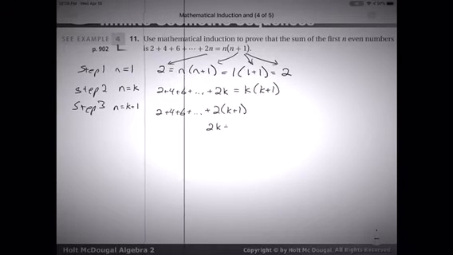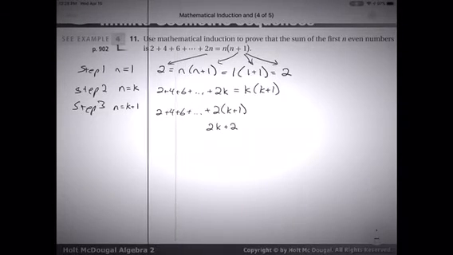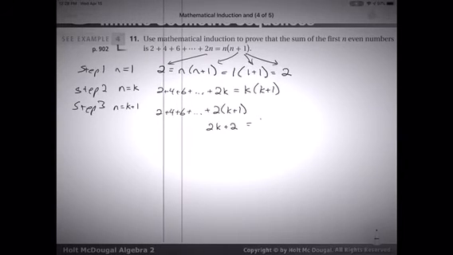Actually, I should have had the 2k in there as well. So that's 2k plus 2 on that side. So it'd be plus 2k plus 2k plus 2, and so it gets those terms. And then that's equal to our k